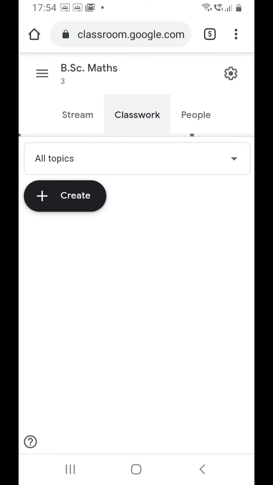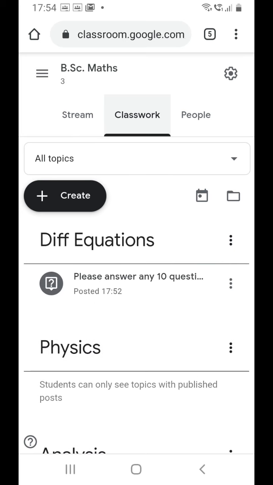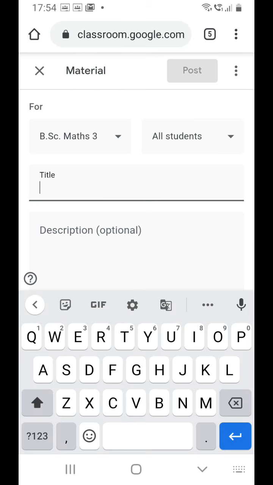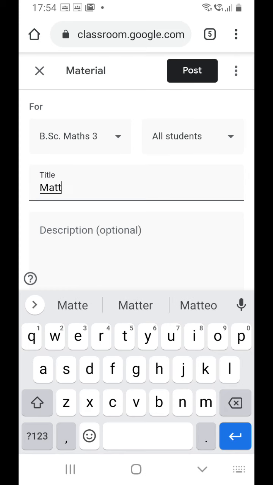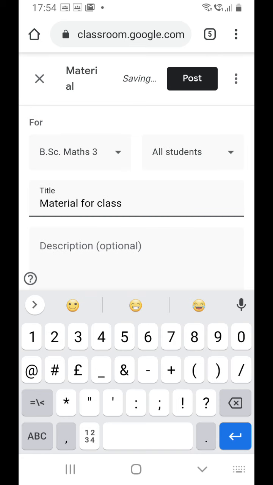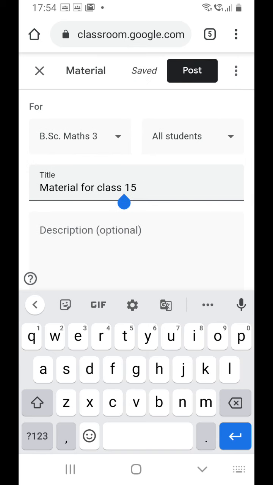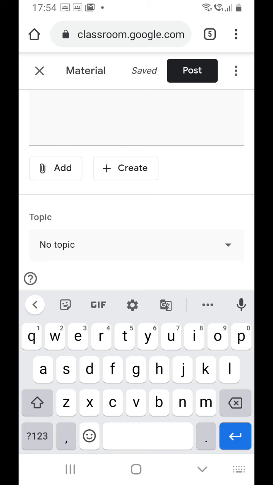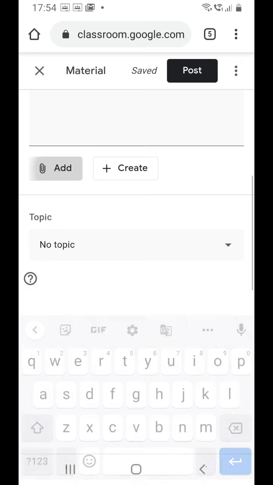So if you click on classwork, another button is for material. Here you can provide a title to this material. Material for class number 15, and you can add files containing your study material for class number 15 using this add button.